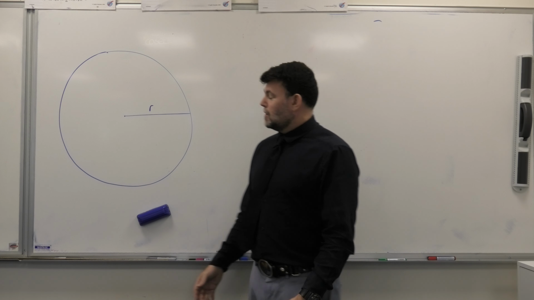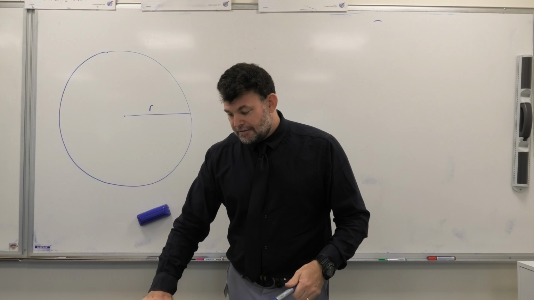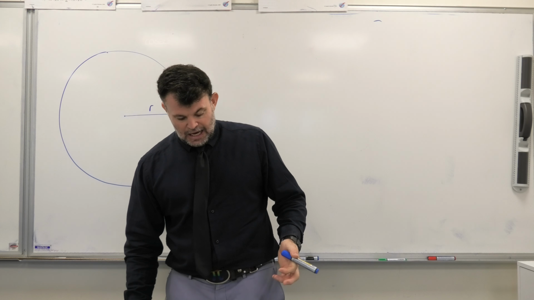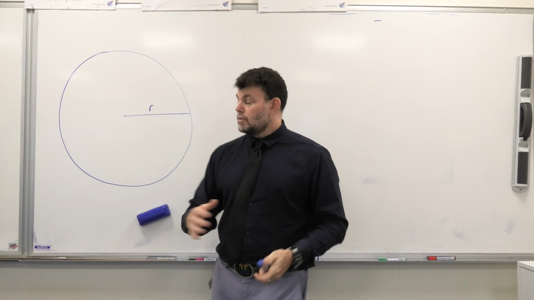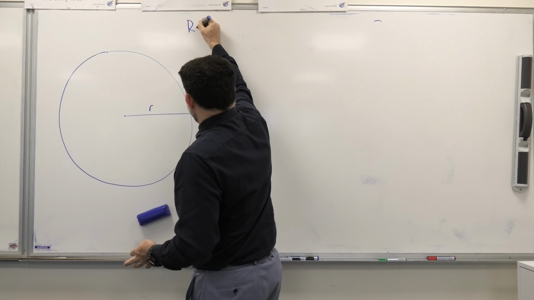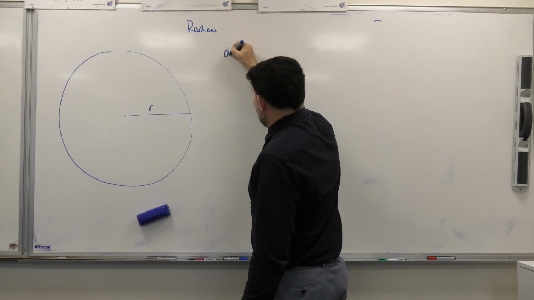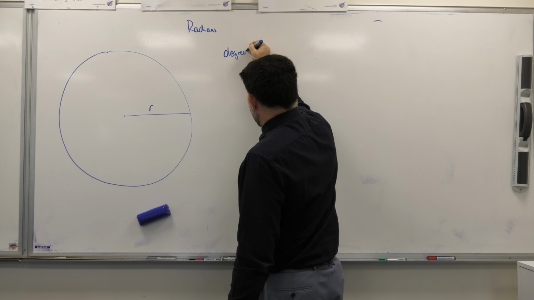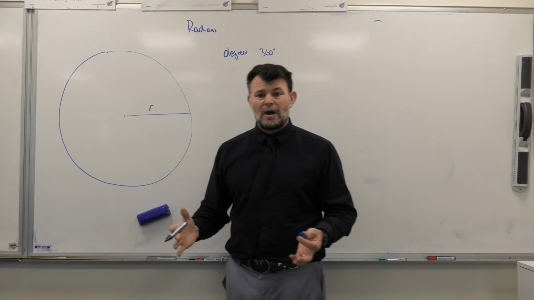G'day, how you going? So today we're looking at radians. Radians is a different way of measuring angles, but we look at radians in terms of the unit circle. Up until this point, you've been looking at degrees. So we know that a circle is equal to 360 degrees, but there's another way of